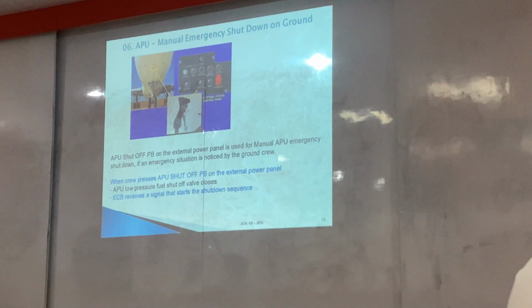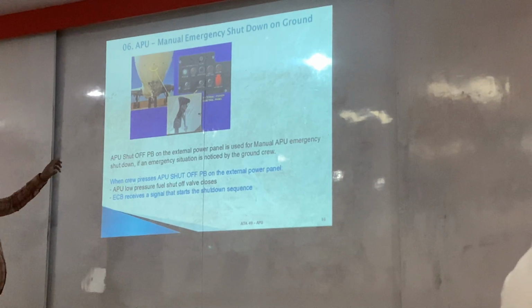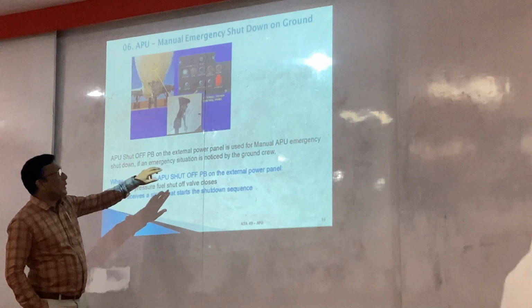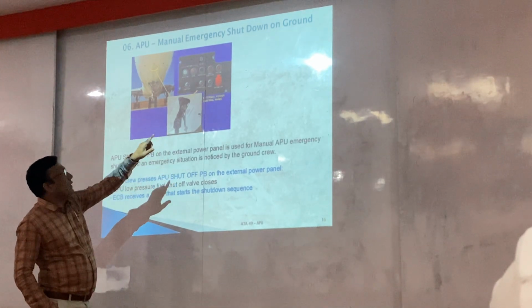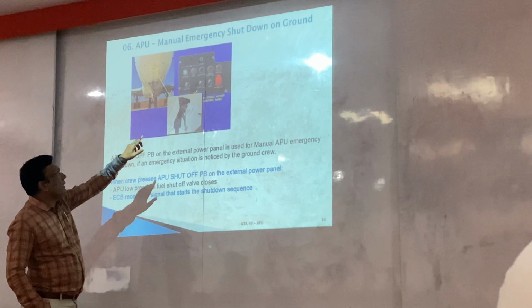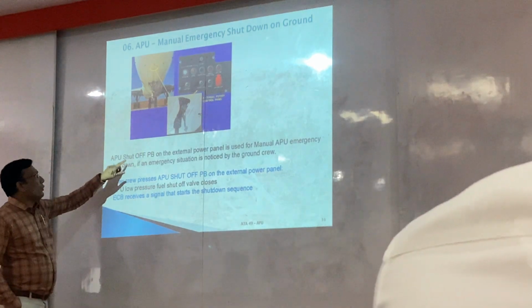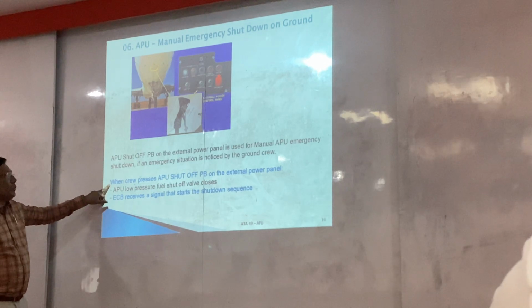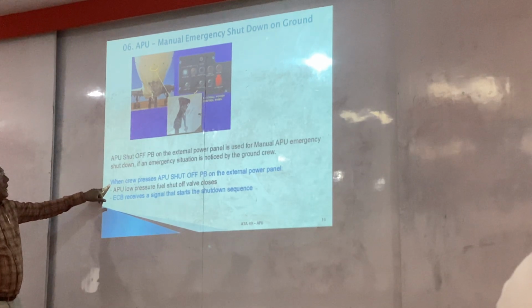The APU shut off push button on the external power panel is used for manual APU emergency shutdown if an emergency situation is noticed by the ground crew. There is the external power control panel. In that there is the APU shut off push button. When the crew presses the APU shut off push button on the external power panel,